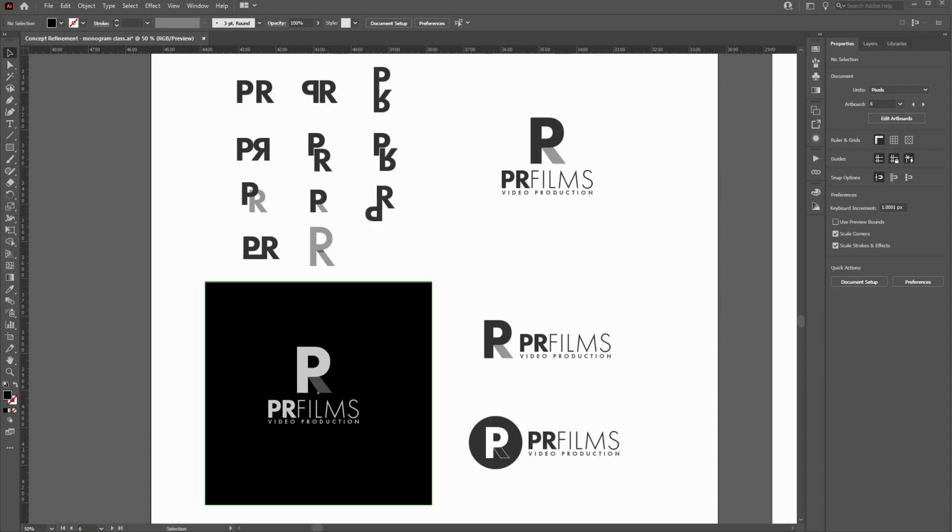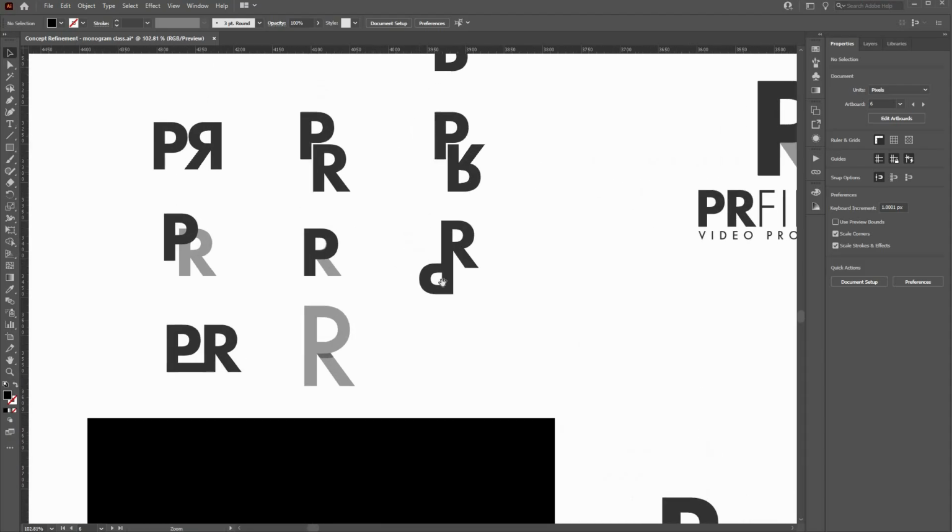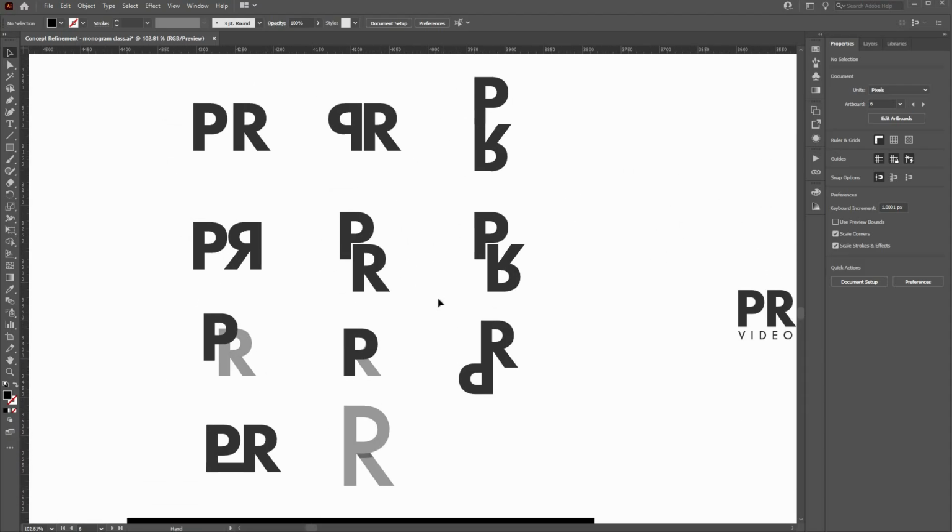And in this lesson we take a look at fleshing out some developed concepts for the modern or minimalist version of a monogram. As mentioned, I've based this on something I actually designed for a client, which was PR Films, and I've taken little snapshots, if you like, of the development process I used. I'll just stop to share some of the techniques that might save you some time or get you similar results in your project. So again, please use different letters to me and try to apply the principles rather than